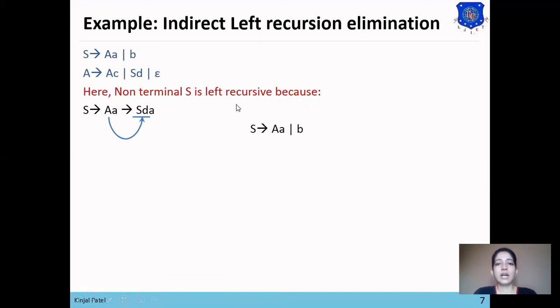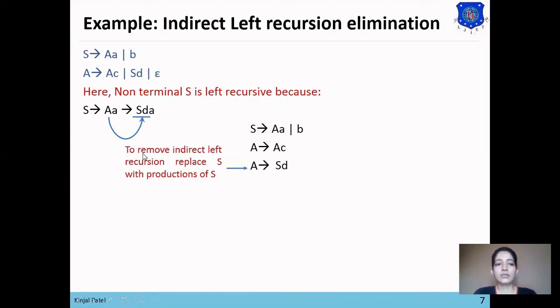Okay, so now we will remove this indirect left recursion by S produces A or B and A produces AC. And A also produces SD. So to remove indirect left recursion, we will replace S with the production of S. So here we'll replace the production of S by these two alternatives. Here the production rule is SD.